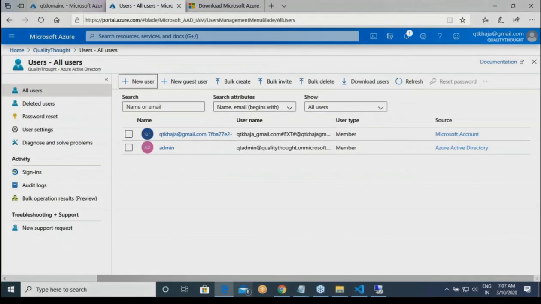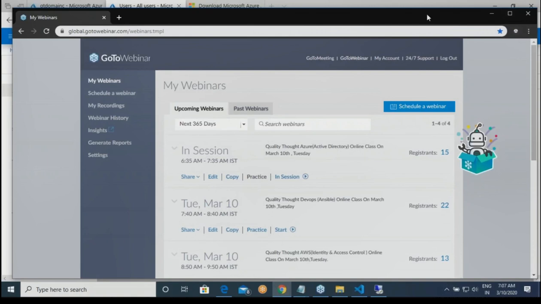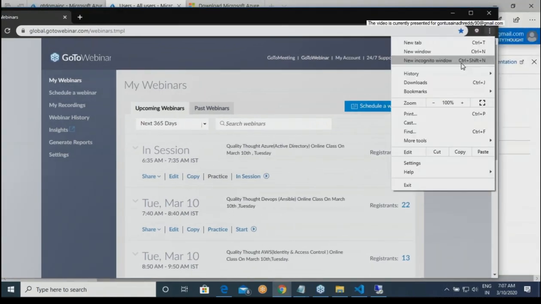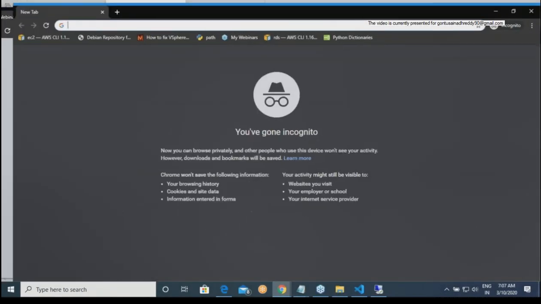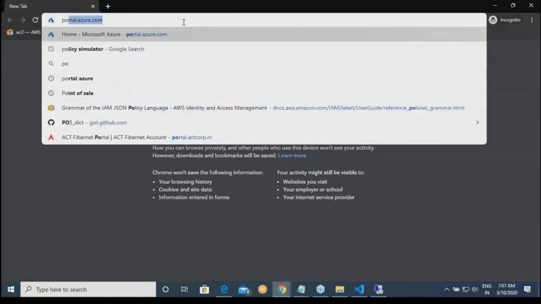And before I log in over here, it is always a good idea: whenever you are working with a new user, don't try it on tools first. Try to log in by a normal browser. So, portal.azure.com.